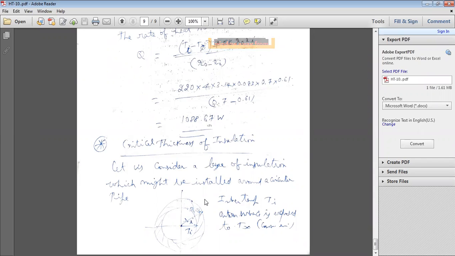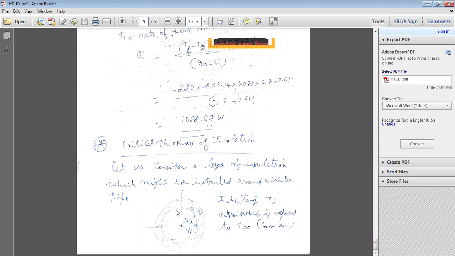If you go to the industries, a number of steam pipes will be there. On the steam pipes, there is insulating material, asbestos. Above that, there will be aluminum cladding. How much thickness of insulating material, asbestos or any other insulating material, is to be added on the steel pipe to minimize the heat transfer rate? To minimize heat transfer or to maximize heat transfer? Sometimes minimization is required, sometimes maximization is required. That depends upon your application, industrial application or any application. Sometimes you have to minimize the heat transfer, sometimes you have to maximize it.